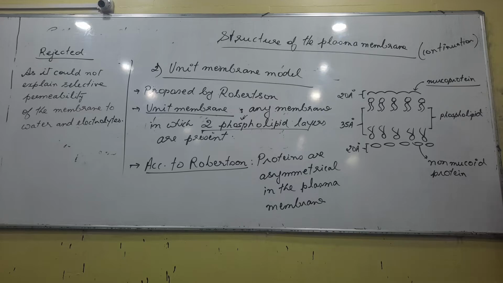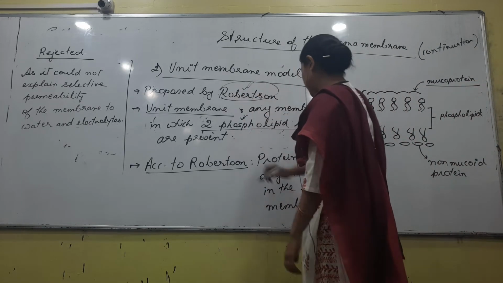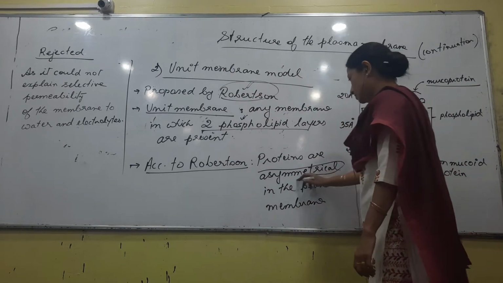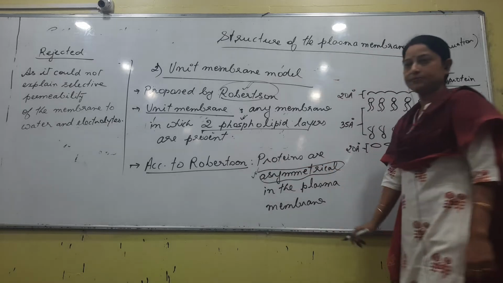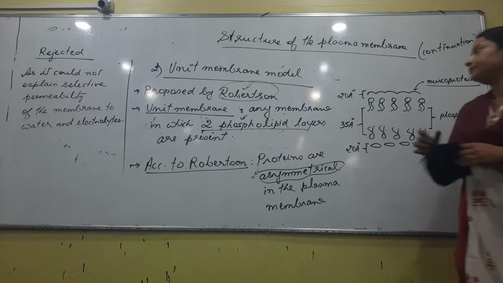If this is over, we'll go to the third one. I don't think you have any doubts regarding this. Parim, no? Important word ki Robertson word 2 or asymmetrical protein. Bas. Next likha fluid mosaic model, FLUID.